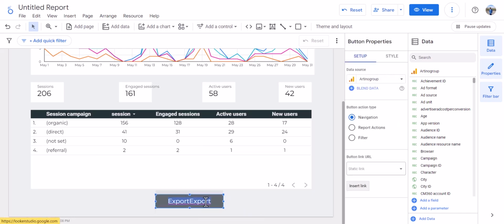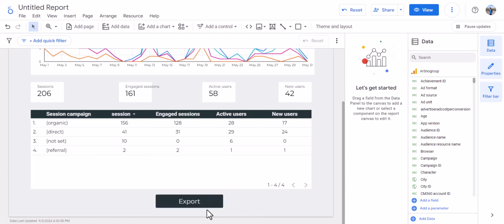No, no, no, no. Sometimes it gets a bit clunky,